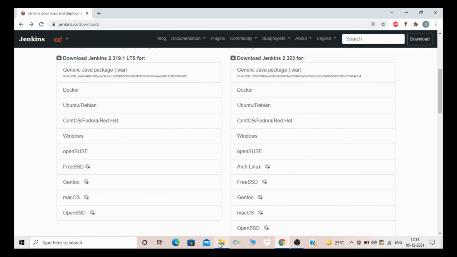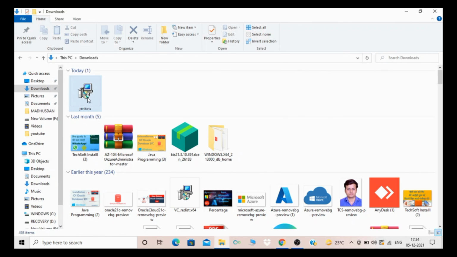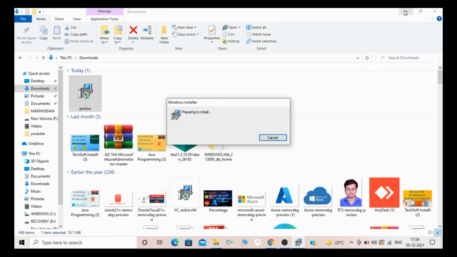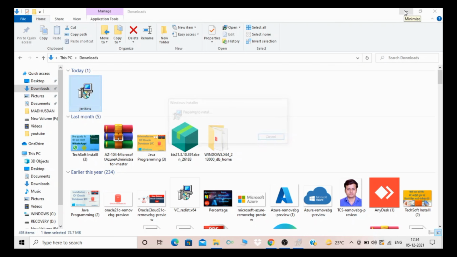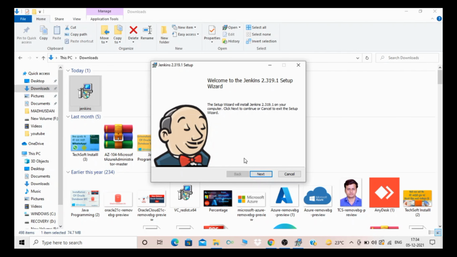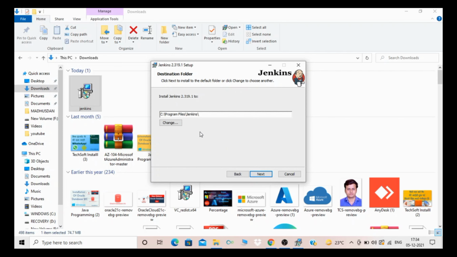After the download, you will see a Jenkins file. Just double click on that file and click on next.